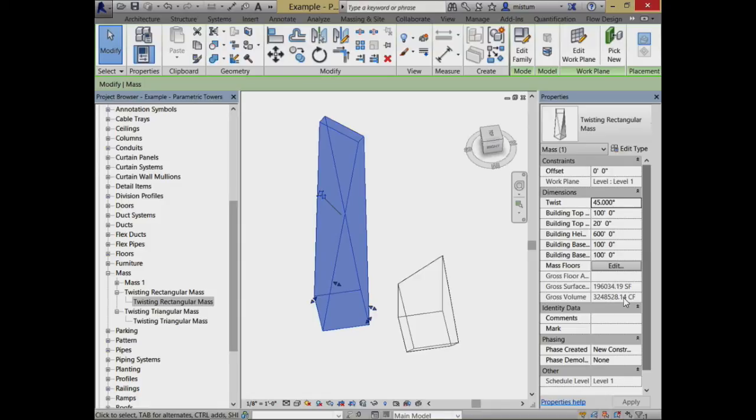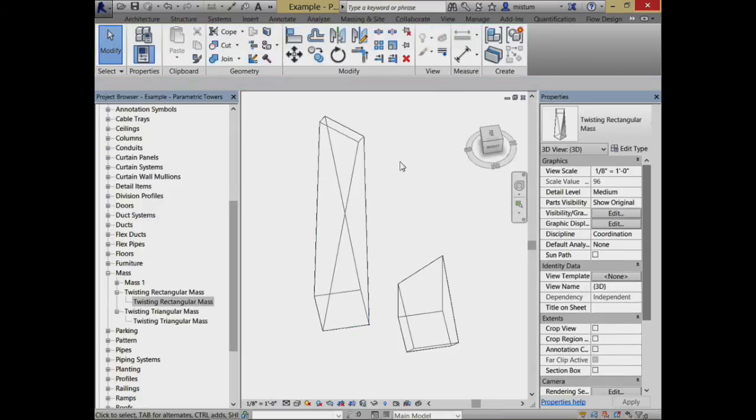We're always getting information reported out about it. And if we have some mass floors in here, we get even more information as we twist and deform, such as the total floor plate area of the building. So we can keep on reporting things and change things very quickly. Now, the key to making this work is that this thing has been set up with some parameters. And from 110A or 120A, you might remember we spent some time looking at how you add parameters